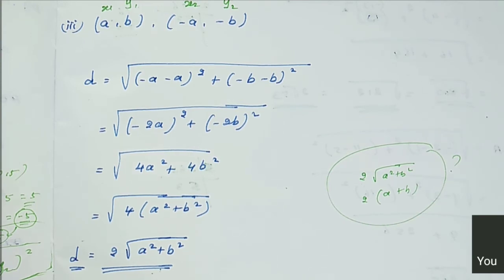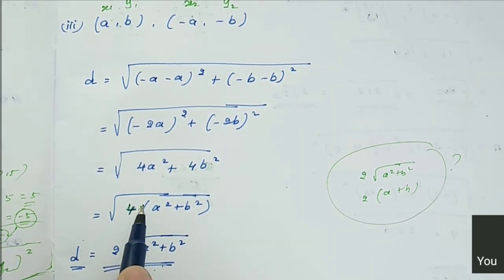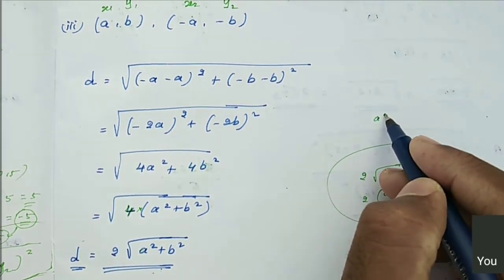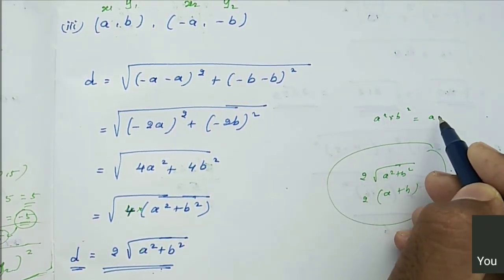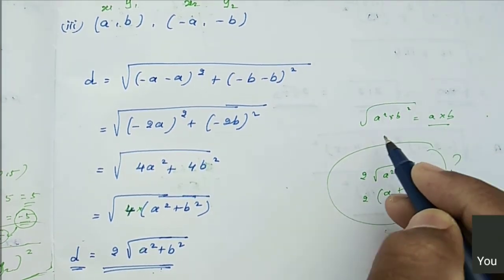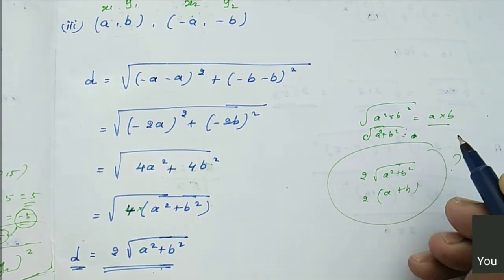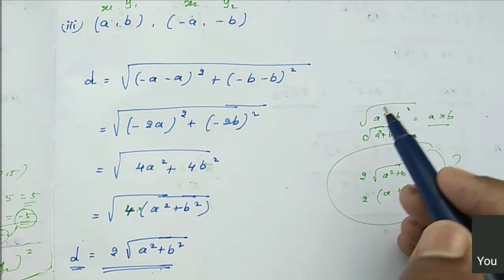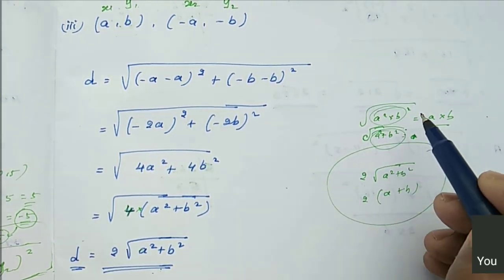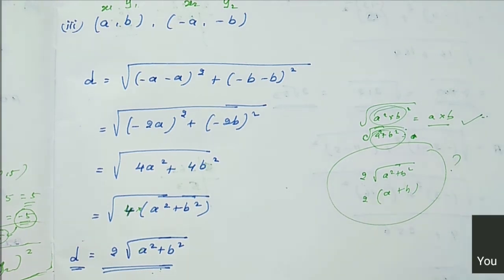No, listen. Here the variables are under addition, so we could not take a root out. Maybe if it is in a multiplication we take it. Here, see, 4 is in a multiplication of the entire term, so we can take it out. For example, if it is a squared into b squared, now we will take a and b, a into b. But if it is the root of a squared plus b squared, we should not take it, right? Clear? The variables are under addition. When the variables are in multiplication, you will take a root. Are you clear?